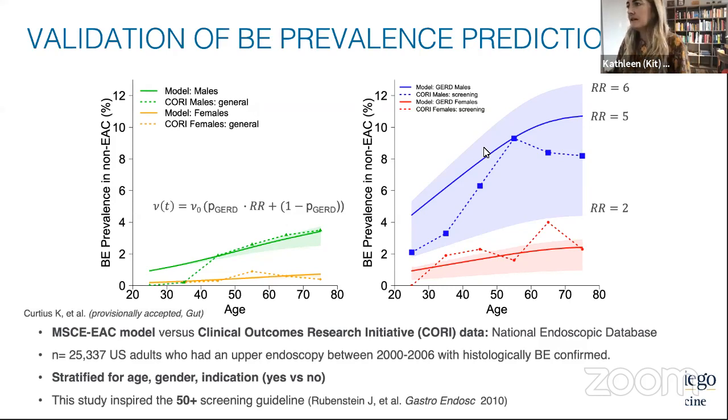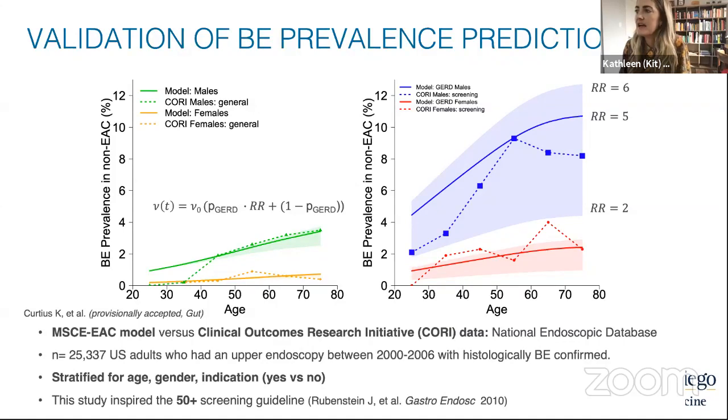So what you see in the model is the blue is men and the red is women. And the CORE data is shown again in the dashed lines. And so the solid lines are for RR equals 5. And then in the literature, the basic range that you find of the relative risk in GERD populations is between